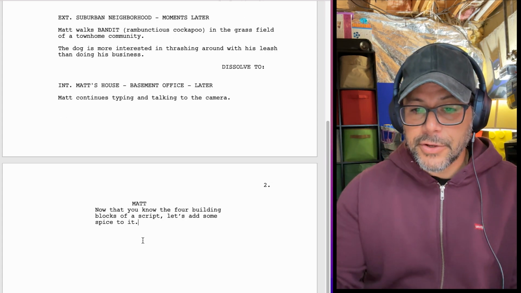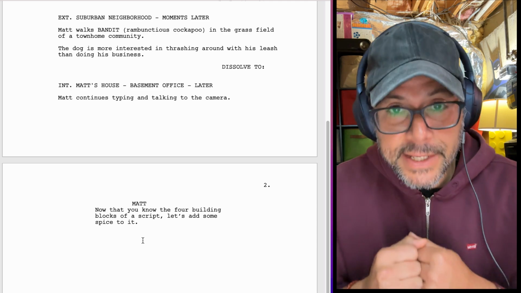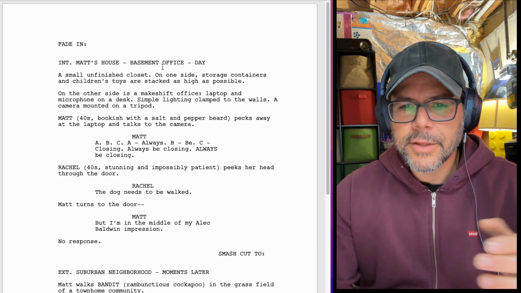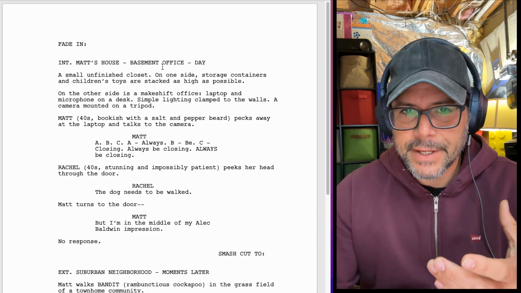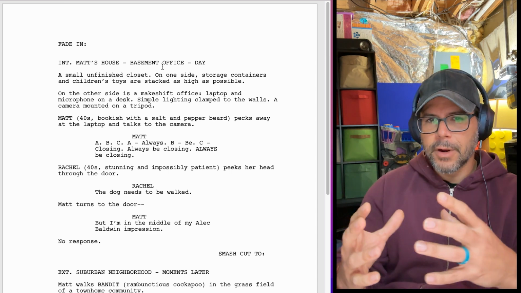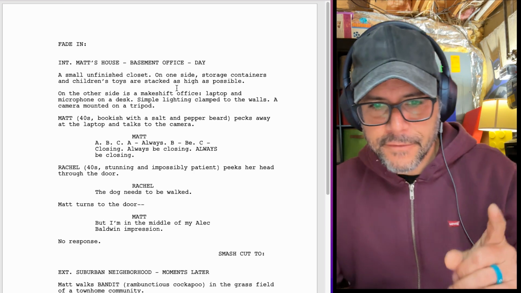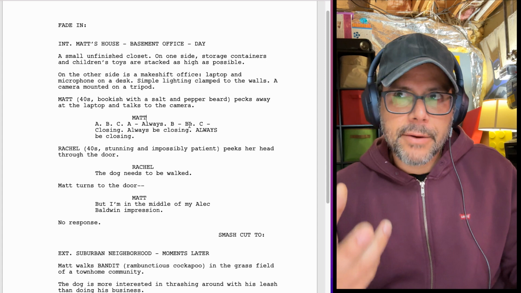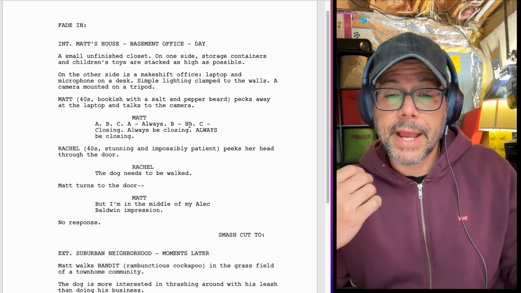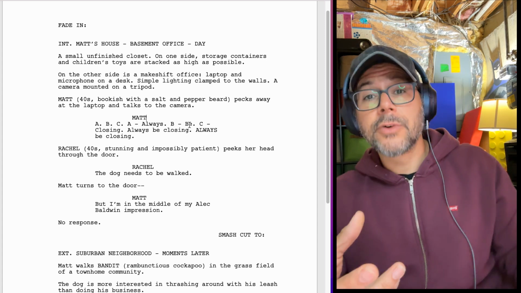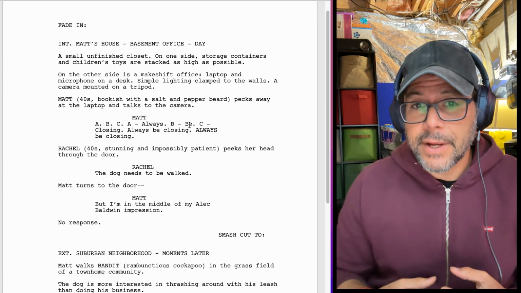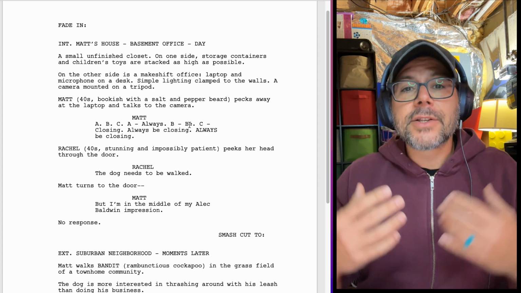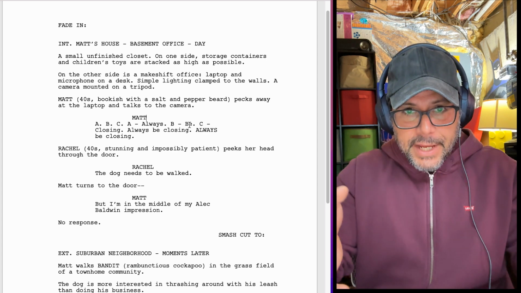Matt, now that you know the 4 building blocks of a script, let's add some spice to it. Matt adds some spice. What do I mean by spice? Well, there's a lot of stuff that you can see in a script that builds on these 4 elements of a screenplay. For instance, let's look at some parentheticals. 2 of the most common parentheticals that you're going to see come after a character's name, and that's for voiceover or off screen. So whenever you hear narration, Morgan Freeman in Shawshank Redemption, they're not talking in the scene,